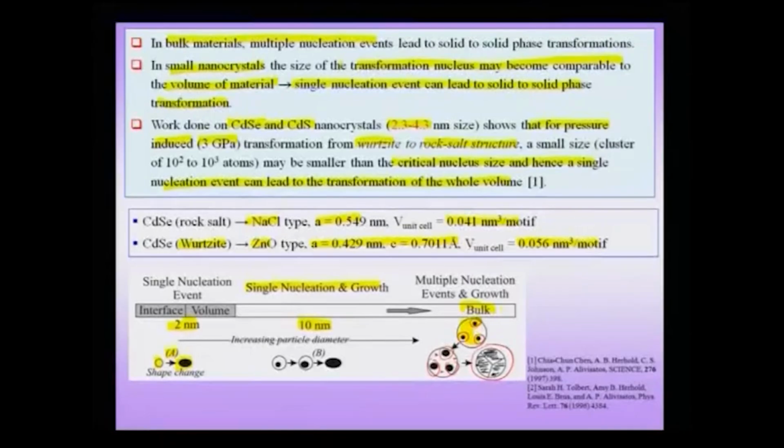In the small nanoscale regime, I notice that this 2 nanometer is of the same order of magnitude as R star, my critical nucleation radius. So, this is of the order of the critical nucleation radius, and therefore, a single nucleation event can lead to phase transformation. In the intermediate size particles, like about 10 nanometer particles, we notice that single nucleation can lead to a